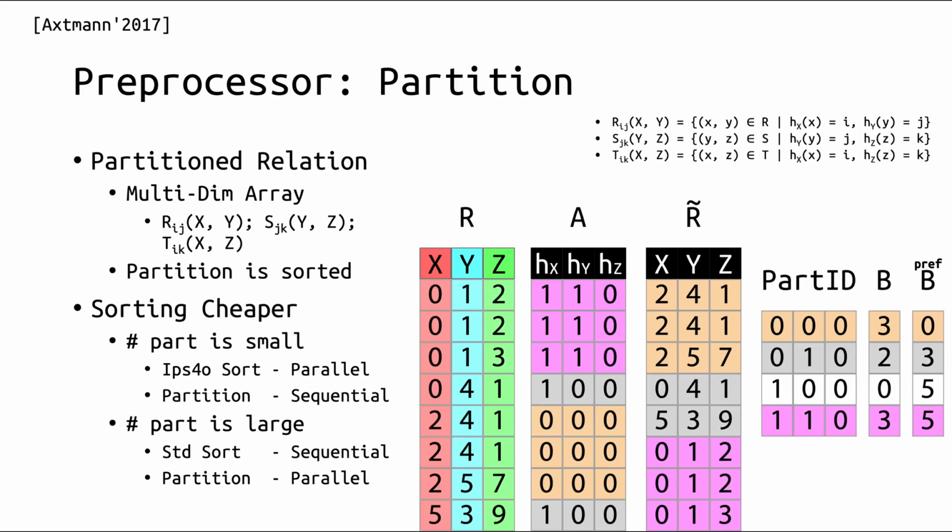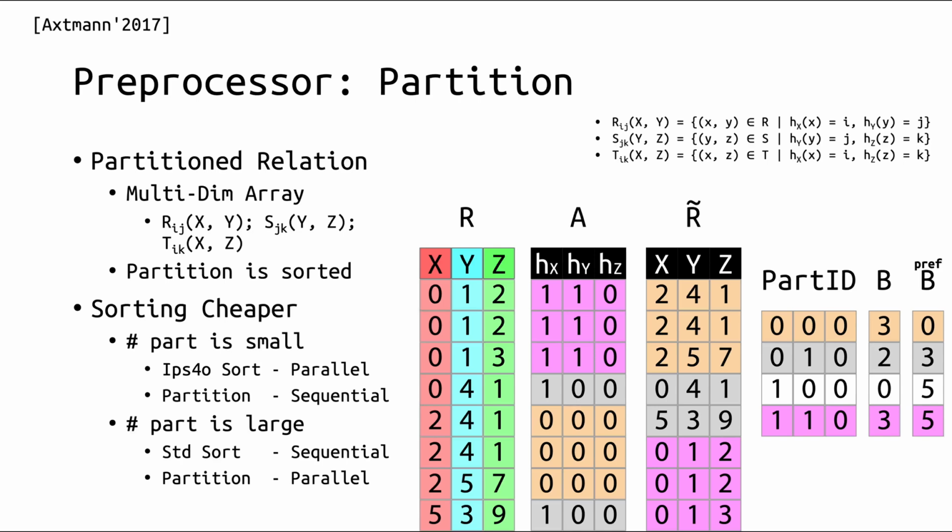This process is performed eagerly and, crucially, without any shared state between threads. We benefit from the fact that there exists a very effective parallel shared memory sorting algorithm called IPS4O, in-place parallel superscalar sample sort. In particular, our sorting strategy is also adaptive. If the total partition is not enough for fully parallel, we will use the parallel IPS4O sorting algorithm. But if we have many partitions, it's more efficient to run a fast sequential sort on each partition, with all